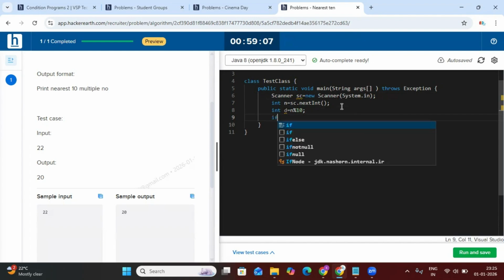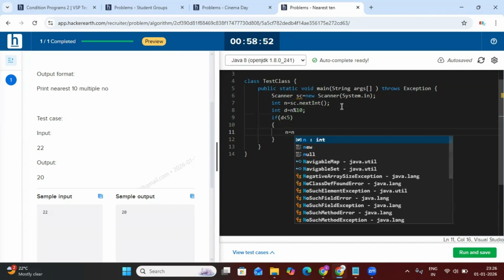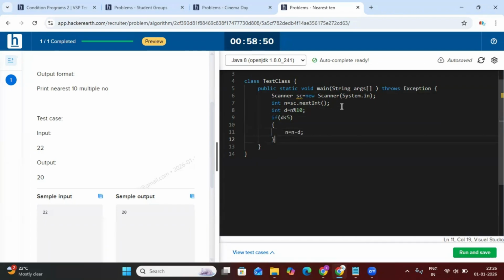Then I want to compare whether that last digit is less than 5 or not. If it is less than 5, for 22 the remainder is 2. How to convert 22 into 20? 22 minus 2. What is our remainder? 2. That's why n equals n minus d. For example, if you provide 154, what is the remainder? 4. 154 minus 4 is 150. Else,